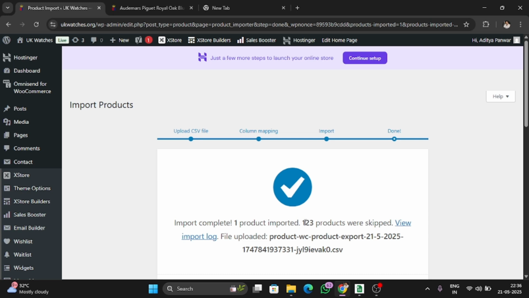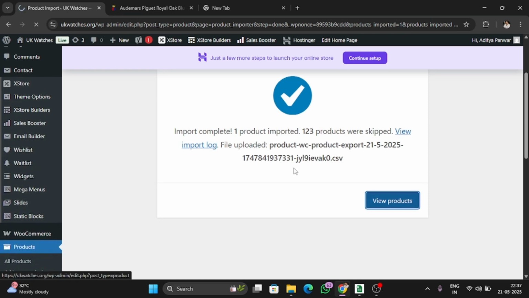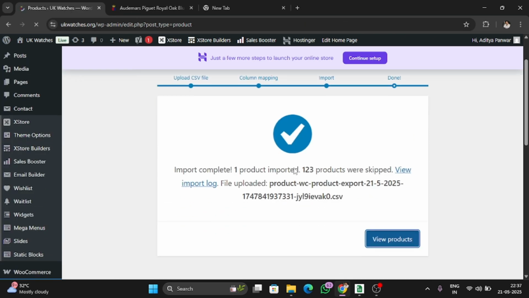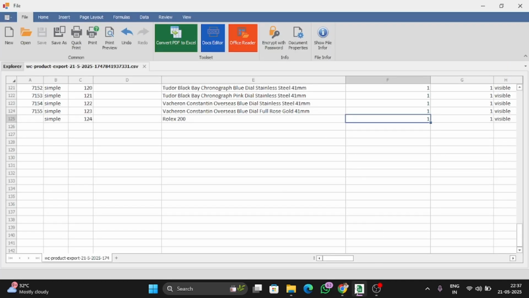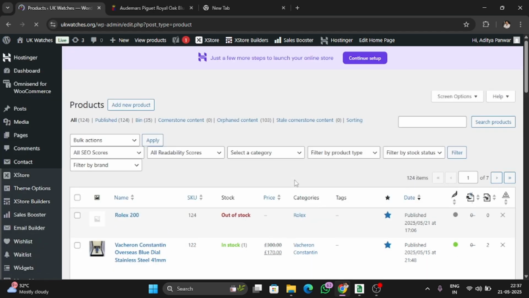And it's not like when you upload the CSV file again, it will upload all the 123 existing products again and make duplicated products. No, if it has a unique SKU ID, then it will not be doubled. Now you can see our one product is imported. We will go to new product. Okay, it was because of that issue I just made a change. Now you can see I have this Rolex 200